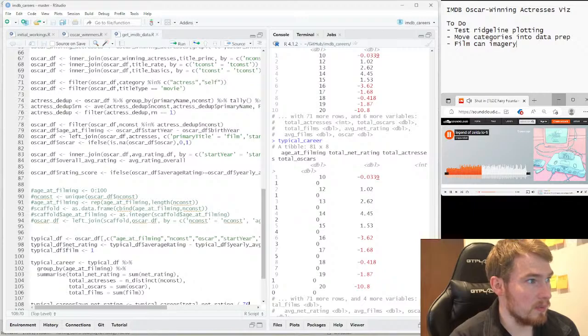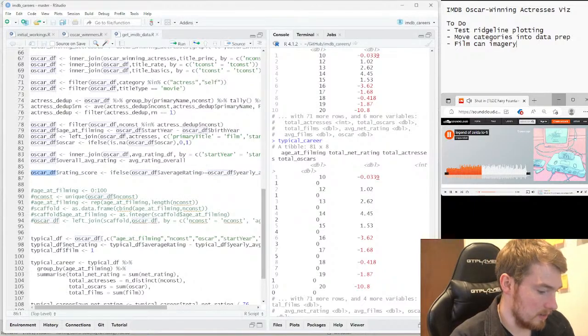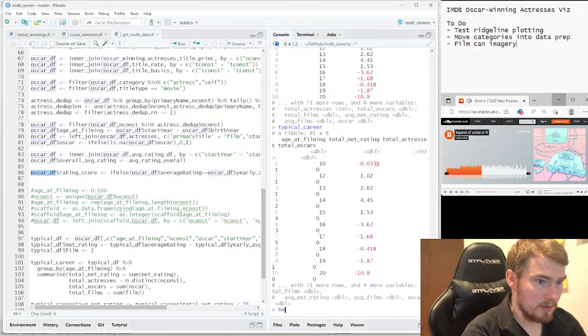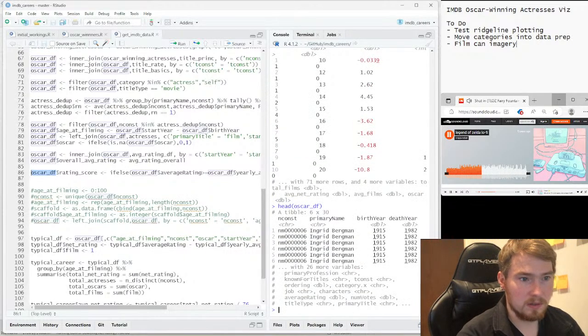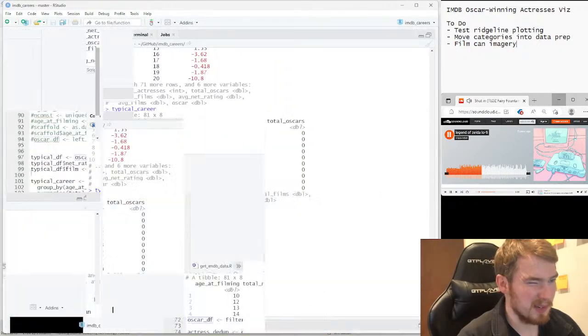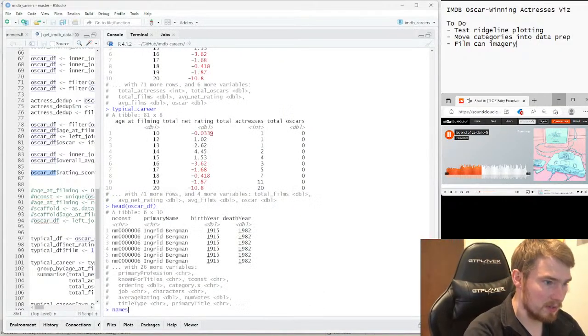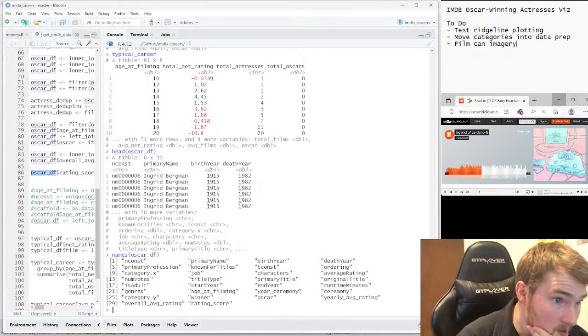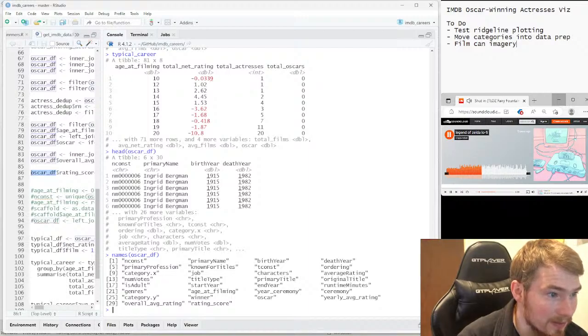So what I want to do is have a look at Oscar DF. I remember this having quite a few columns, so we could do with cleaning it up a bit. Overall rating, category, winner.